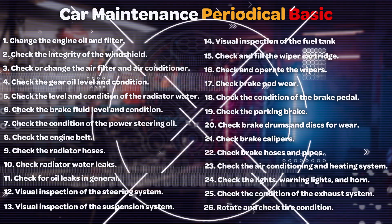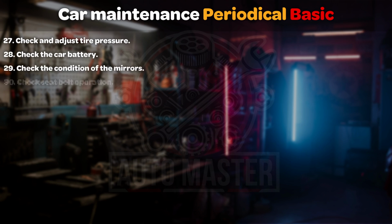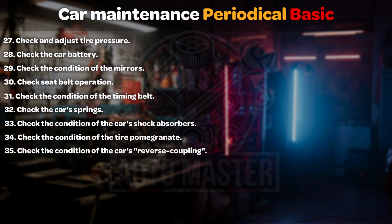Rotate the tires, check their condition, check and adjust the tire pressure, check the car battery, check the inside and outside mirrors, make sure the seat belt is working, check the condition of the timing belt, check the car springs or suspension, make sure the car's shock absorbers are working properly, check the tire pommels, check the car's reverser cables,